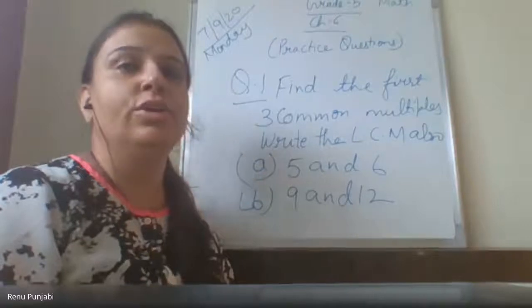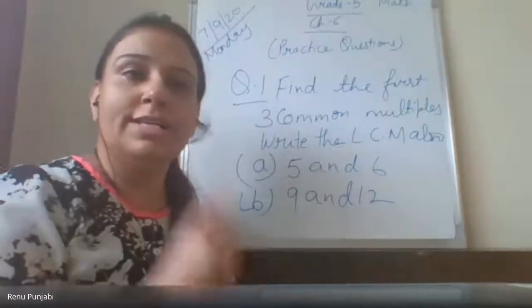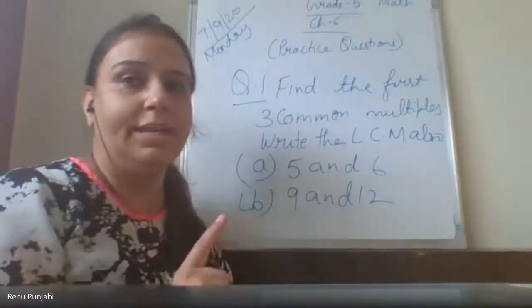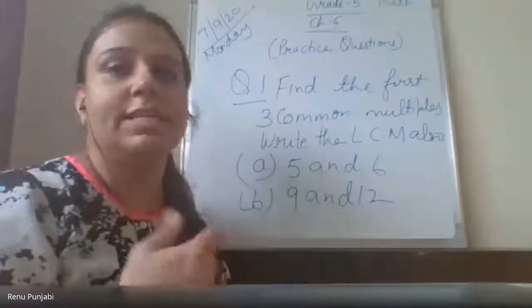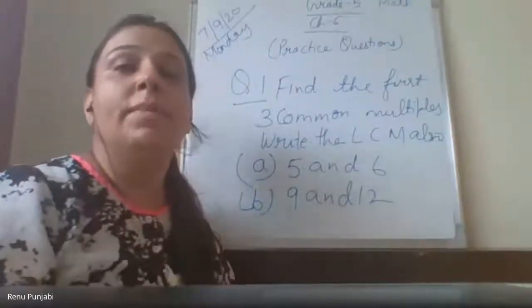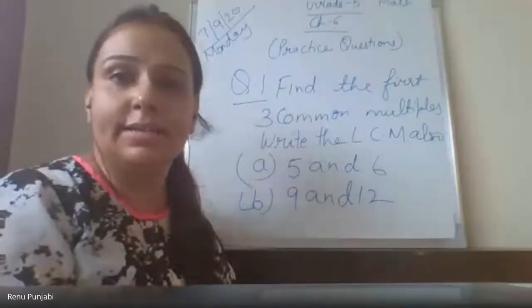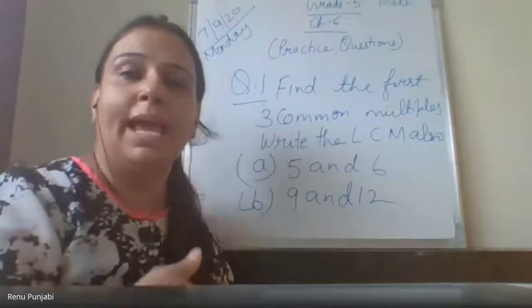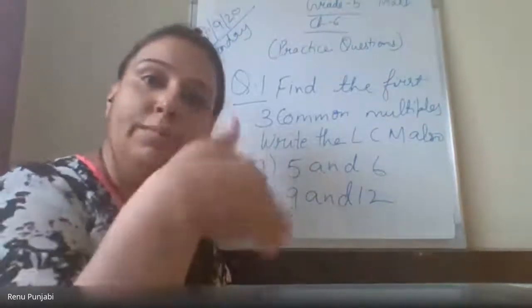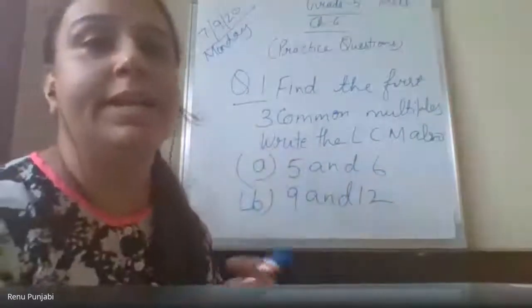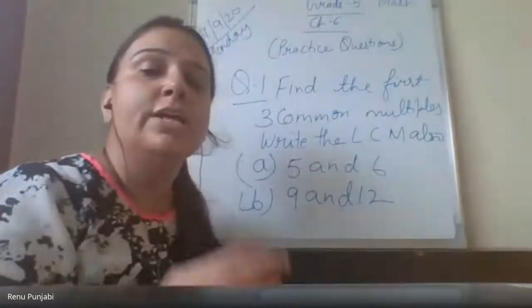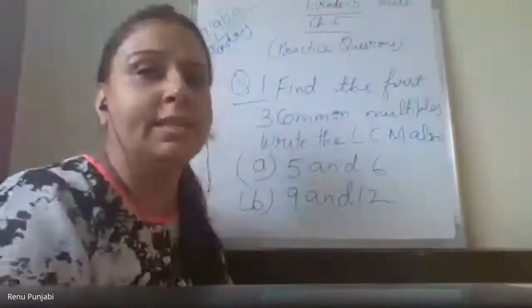7 1 7 and 7 2 14. Very good. So the first multiple also will come, right? If I say the first two multiples, you will say 7 1 7 and 7 2 14. Multiples are endless, because when you multiply any number with any number, you can keep on doing it, right? 7 10s are, 7 12s are, 7 18s are, 7 19s are. So you will keep on multiplying for the multiples.